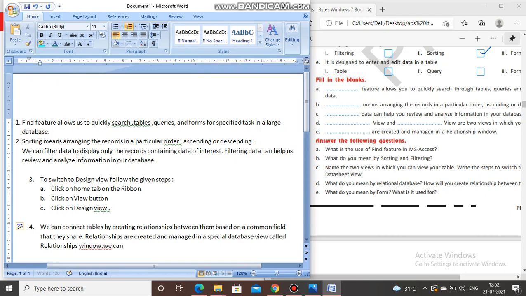And we can create relationships between tables.